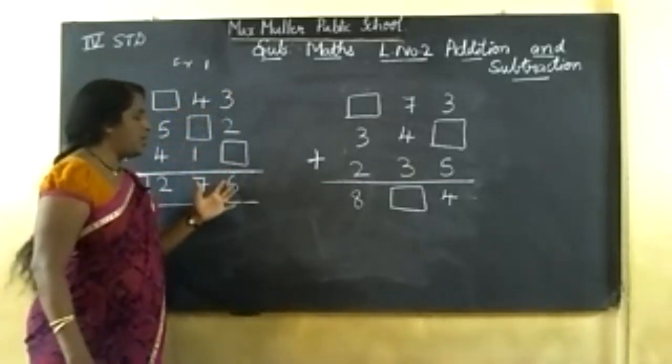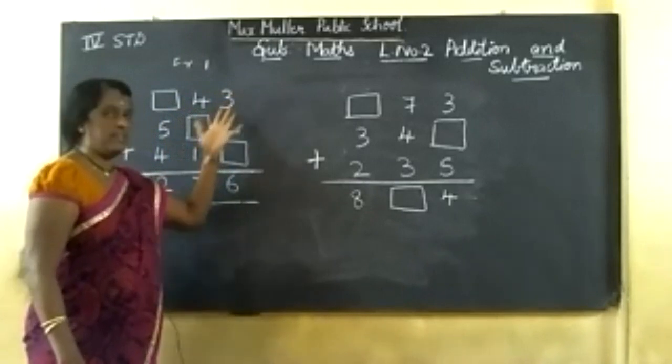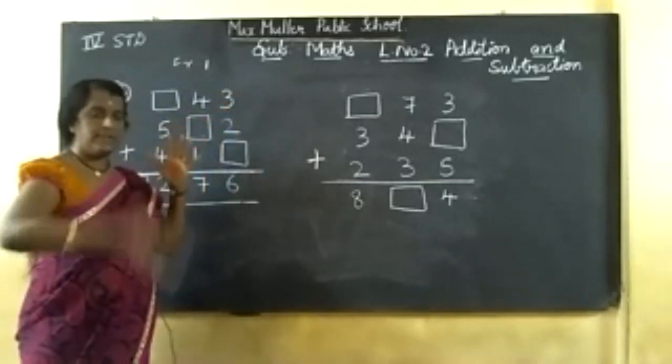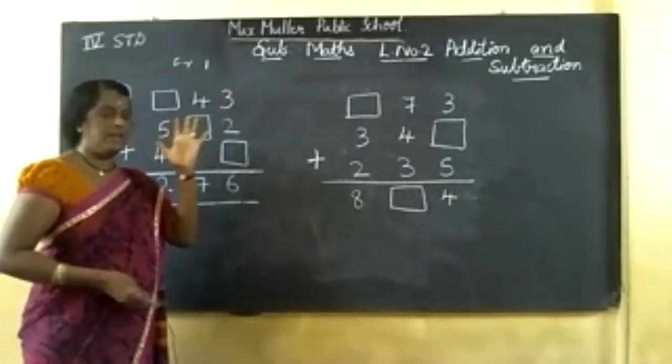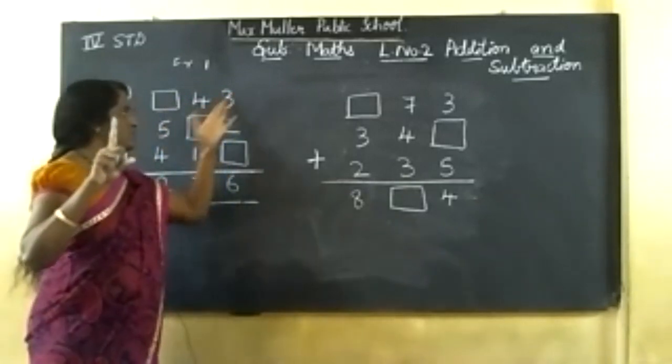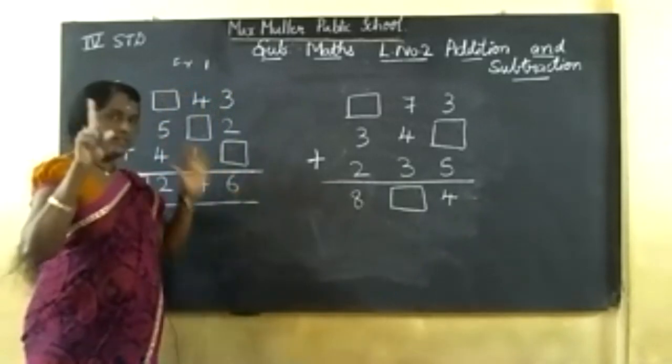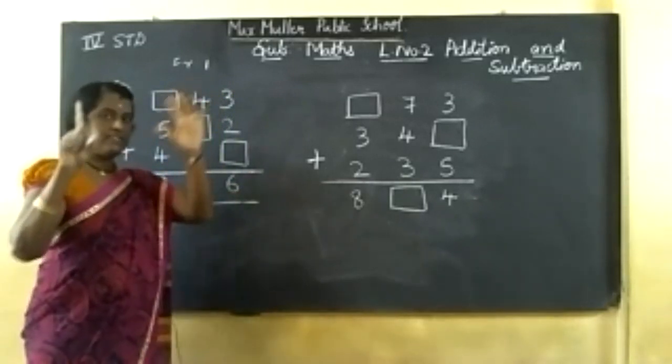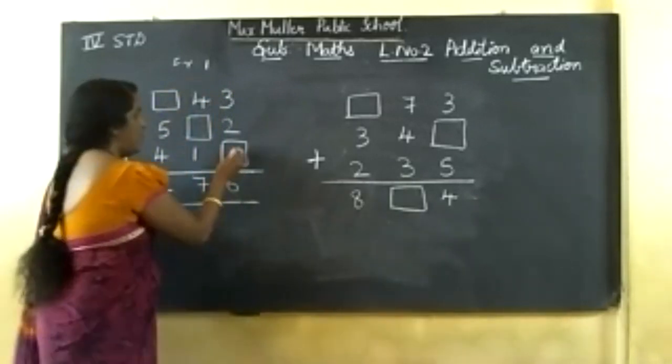When you add this to 5, here 6 is there. So if you want answer 6, here 5 is there, means how much should you add to that number in the box. So 5, 6. Here when you add this to 5 it came, answer is 6. So 5 is here, how much number is here? 1.